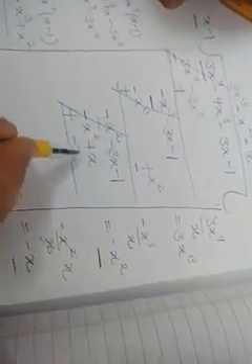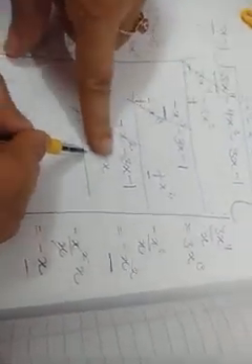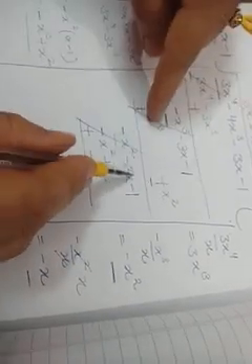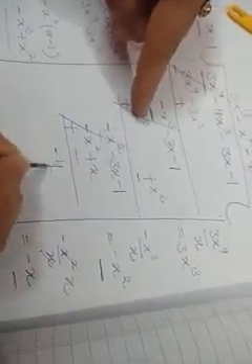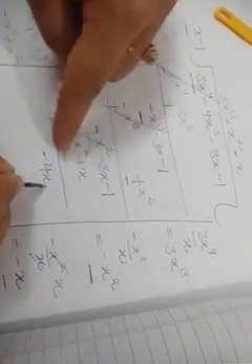So what will you get? Minus x multiplied with x minus 1. Minus x into x, minus x square. Minus x into minus 1, it will be plus x. So what are we getting now? Minus x square plus x. What is the next step? Change sign. Plus, minus. Minus 3x. What is the sign of x now? Minus. So now forget this sign. What is the sign of x? Minus. Minus 3x minus x. Minus minus plus, sign minus. So minus 3x minus 1x will be minus 4x minus 1.